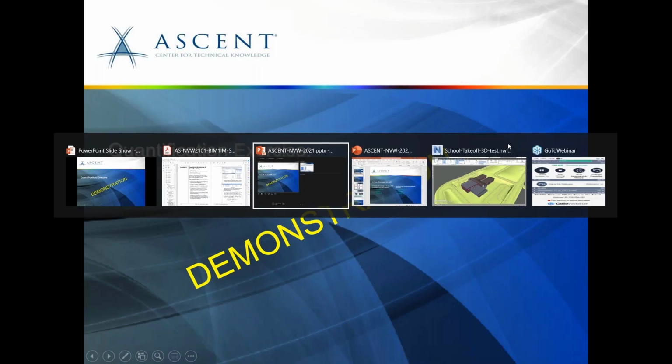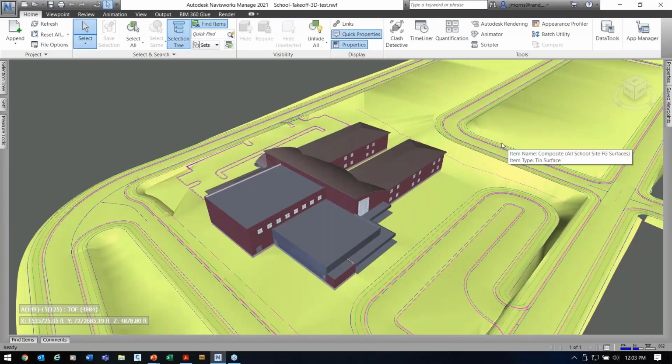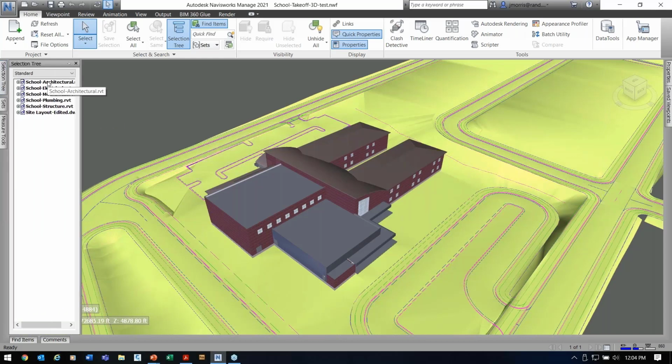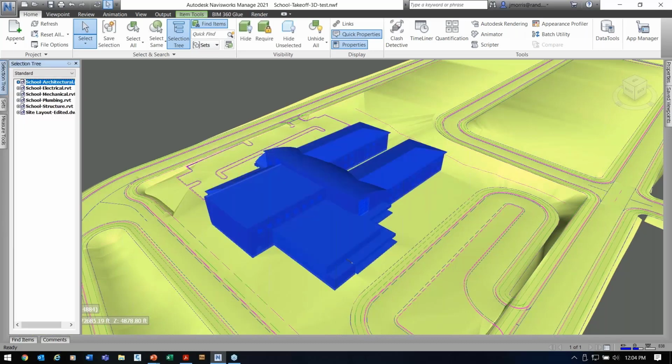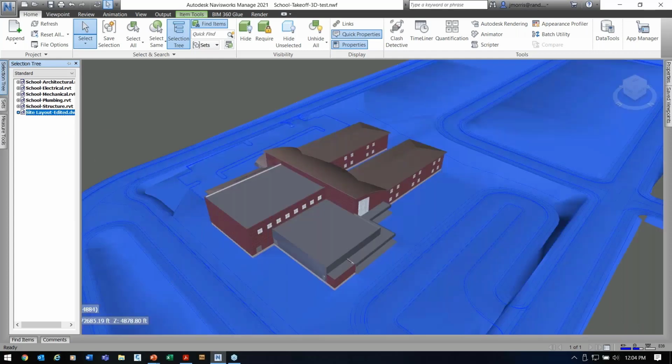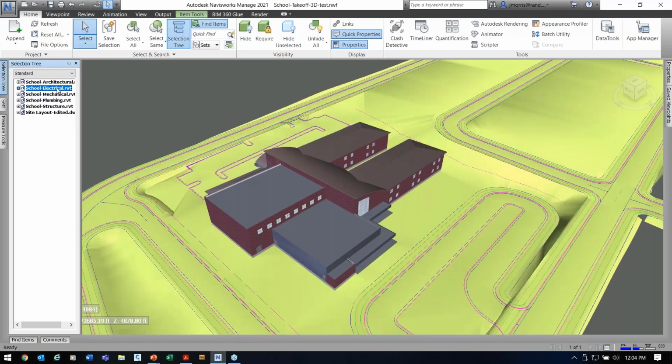So let me switch over to Navisworks here. So this is Navisworks Managed 2021, and I've already opened up the school takeoff Navisworks file. So we have 6 models that belong to this school. And as I click on each individual one, they get highlighted. So this is our architectural model. This is the site model. Now the others you don't see because the architectural model